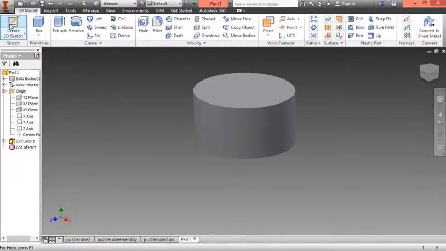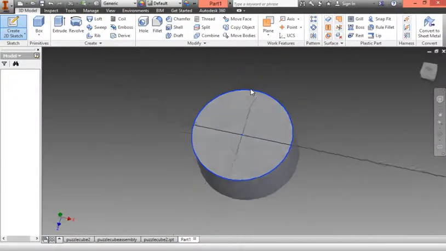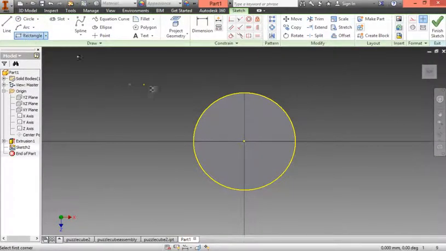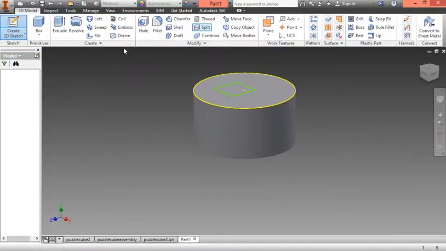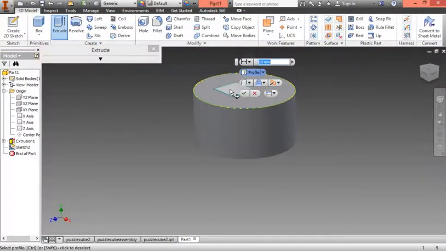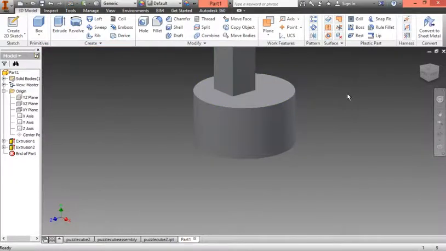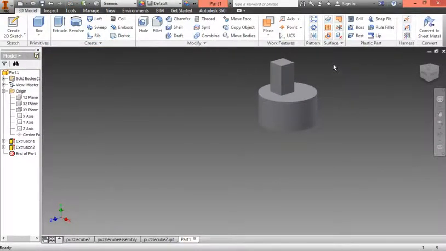Another place that we can click on 2D sketch and create a 2D sketch is any surface, any flat surface of an already 3D part. So I can make a sketch right here on the top of this part. And once again, I'm not making anything in particular, so I'm just choosing a random rectangle and extruding that out. Okay. There's one more place that we can make